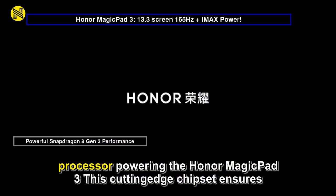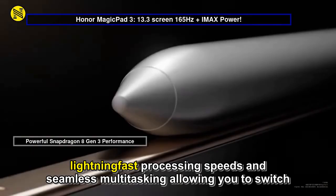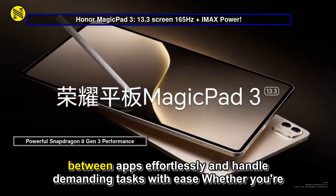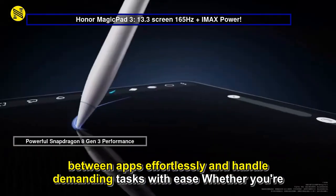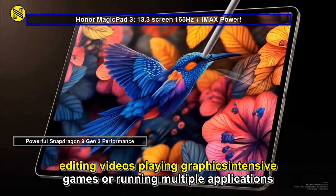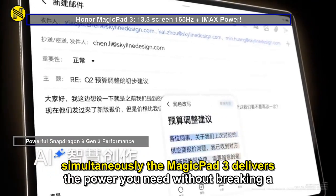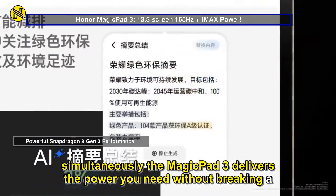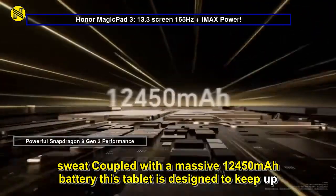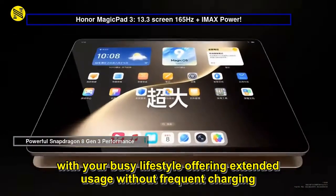Experience the pinnacle of performance with the Snapdragon 8 Gen 3 processor powering the Honor MagicPad 3. This cutting-edge chipset ensures lightning-fast processing speeds and seamless multitasking, allowing you to switch between apps effortlessly and handle demanding tasks with ease. Whether you're editing videos, playing graphics-intensive games, or running multiple applications simultaneously, the MagicPad 3 delivers the power you need without breaking a sweat. Coupled with a massive 12,450 mAh battery, this tablet is designed to keep up with your busy lifestyle, offering extended